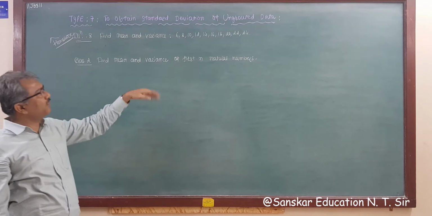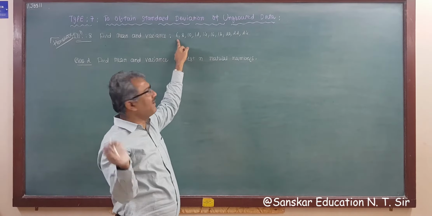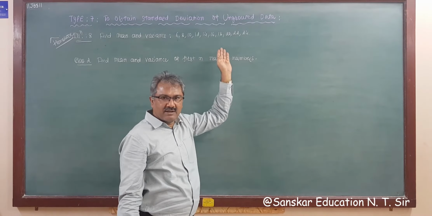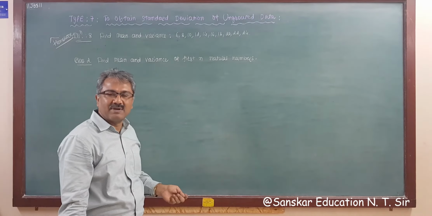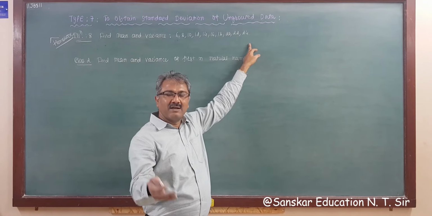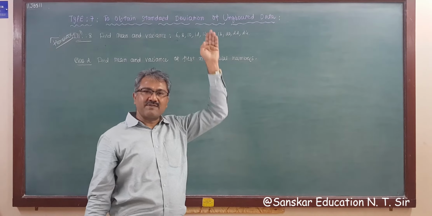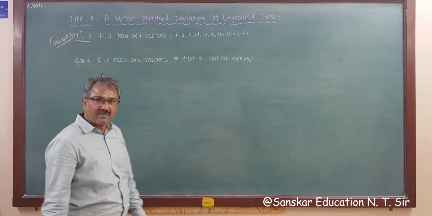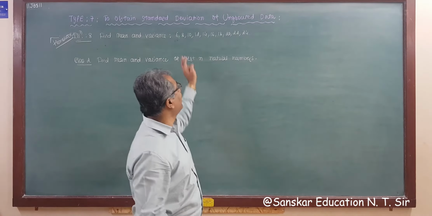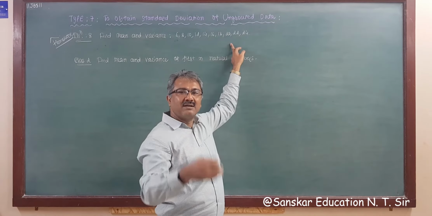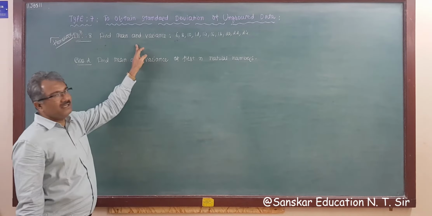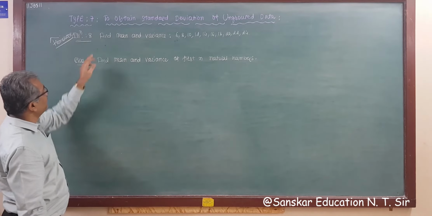Because in the same example, only xi is given, and all observations are small, like 24 square, 20 square, 18 square. So there is no need to find xi minus x bar whole square. You can directly take the sum, sigma xi upon n is x bar, and the sum of squares is sigma xi square, and then apply the formula. Or you can find the mean and then apply the sigma xi minus x bar whole square formula divided by n. Right? So it's very easy. This is all for practice.